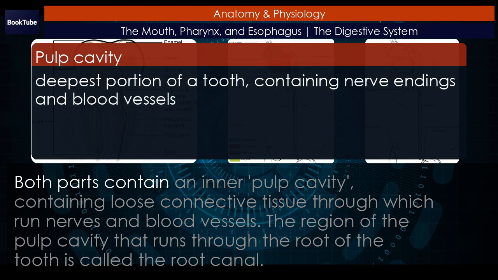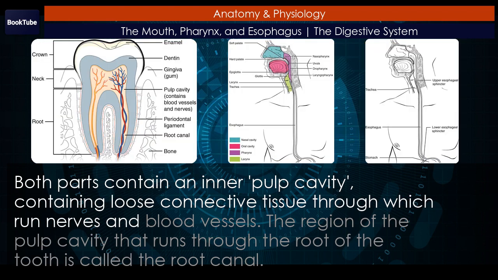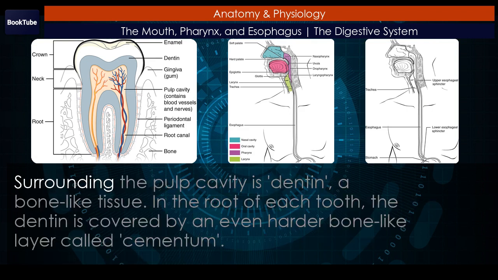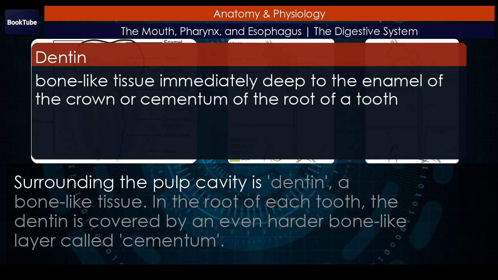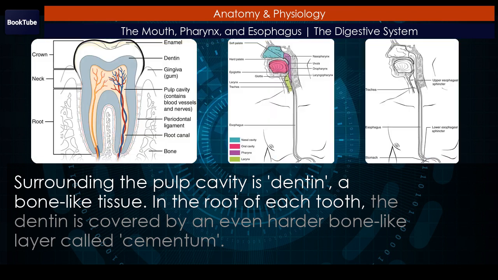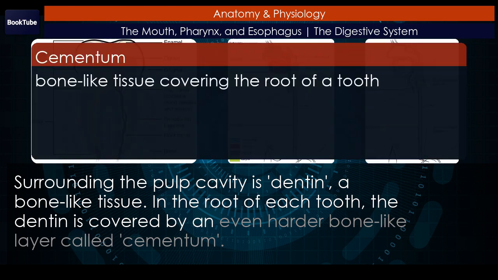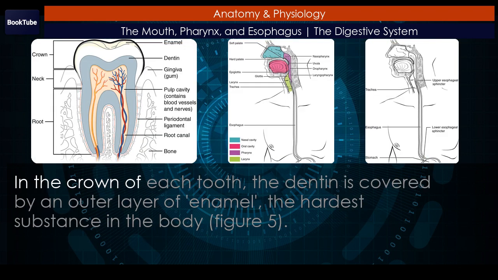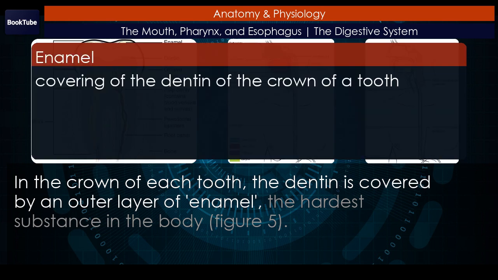Both parts contain an inner pulp cavity, containing loose connective tissue through which run nerves and blood vessels. The region of the pulp cavity that runs through the root of the tooth is called the root canal. Surrounding the pulp cavity is dentin, a bone-like tissue. In the root of each tooth, the dentin is covered by an even harder bone-like layer called cementum. In the crown of each tooth, the dentin is covered by an outer layer of enamel, the hardest substance in